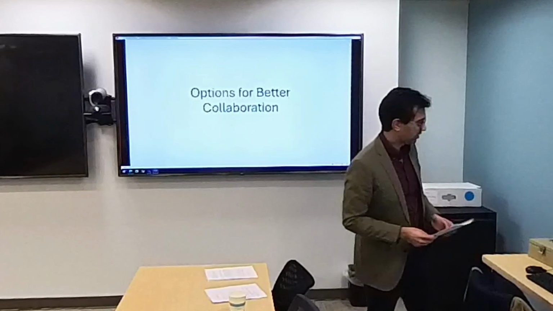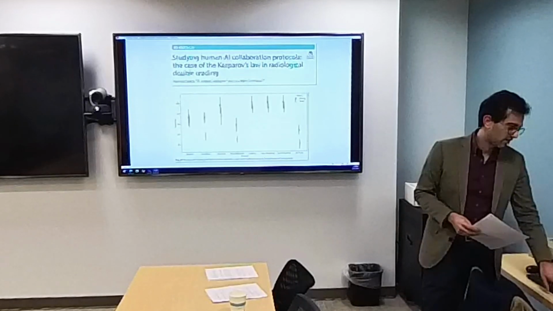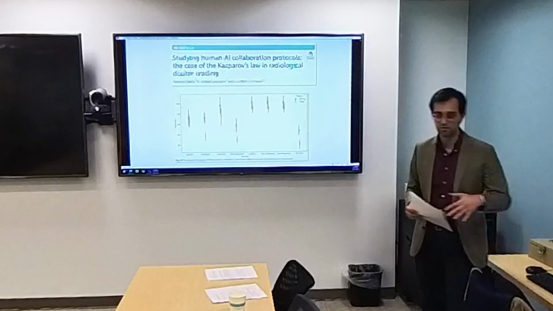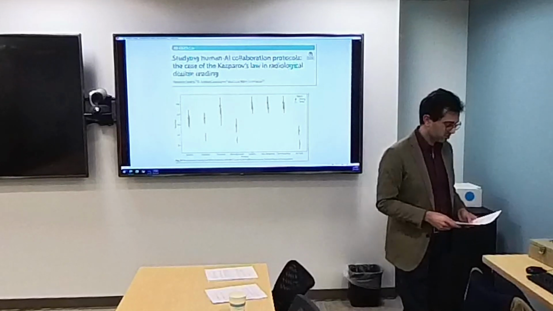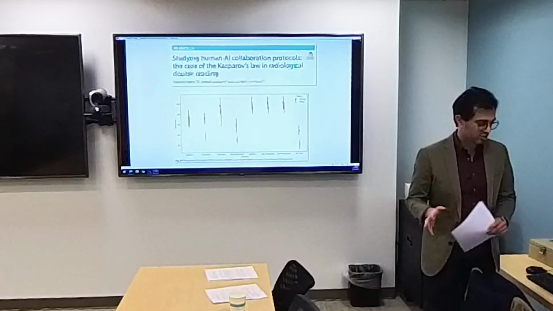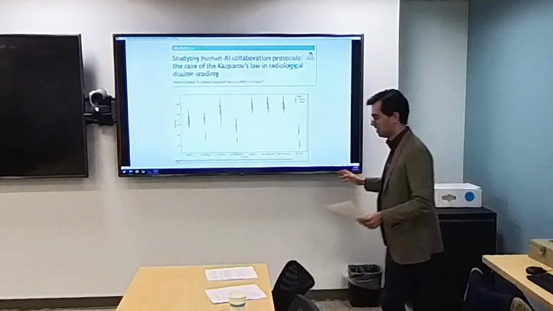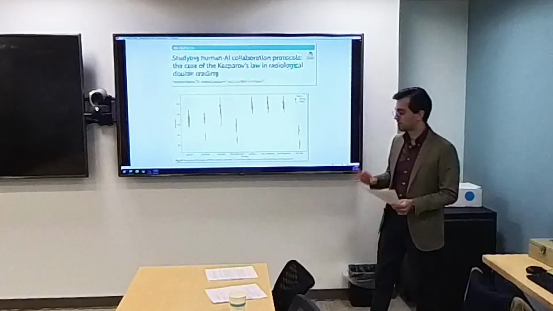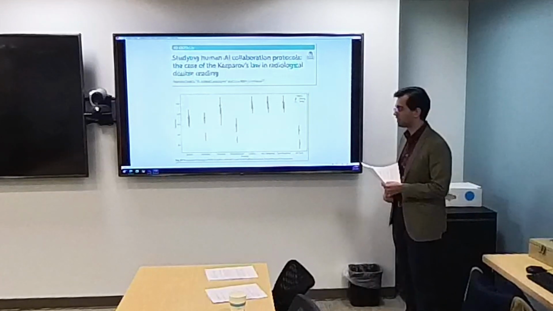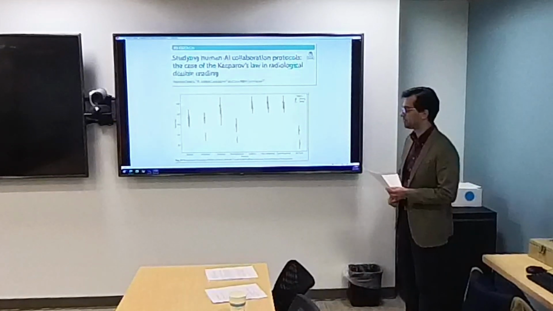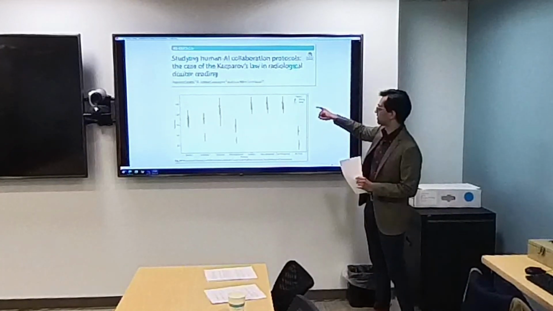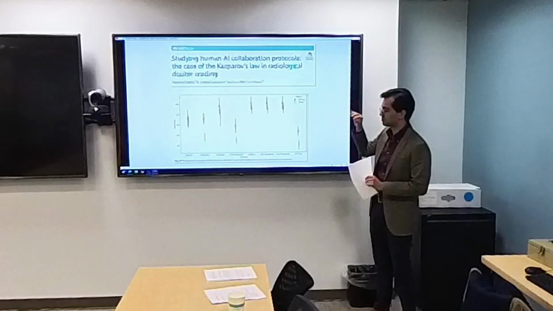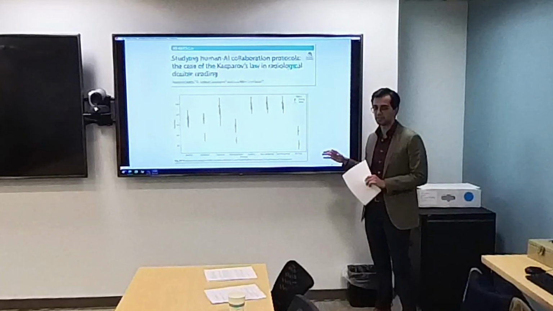So if those are the relative strengths and weaknesses, how can we get humans and algorithms to collaborate better? One easy answer is to fall back on the initial point I made about Kasparov's law and have essentially rigid interaction protocols whenever physicians interact with algorithms. And it actually does work. This law that I'm describing is not only something that this chess player observed anecdotally, but actually bears out in data. So as a brief example, if you give weak radiologists and strong radiologists access to the same AI chest X-ray interpretation aid,